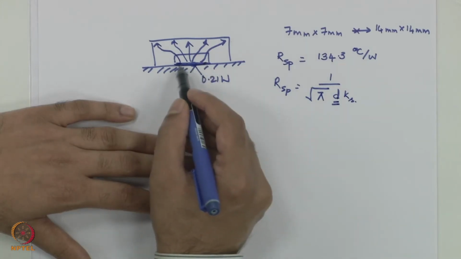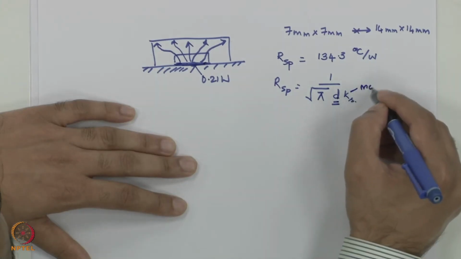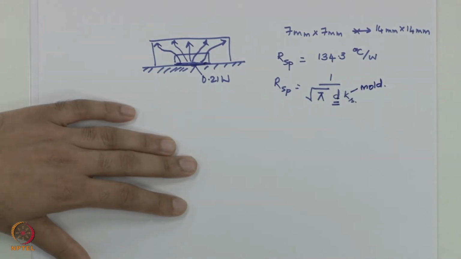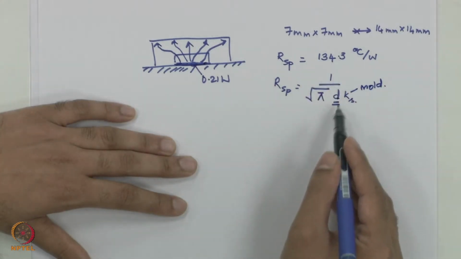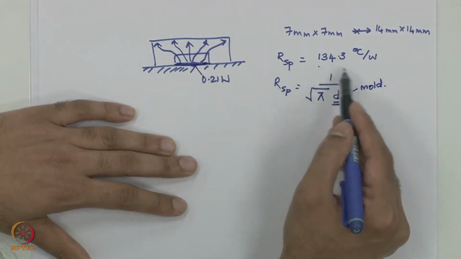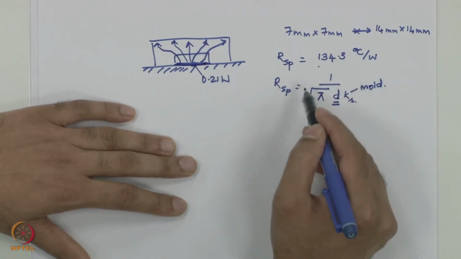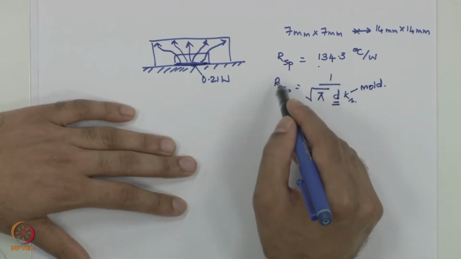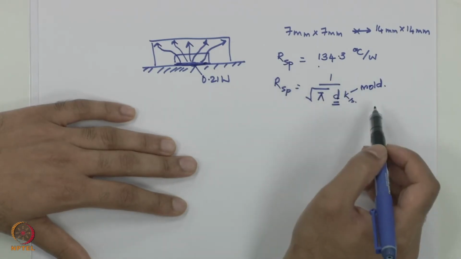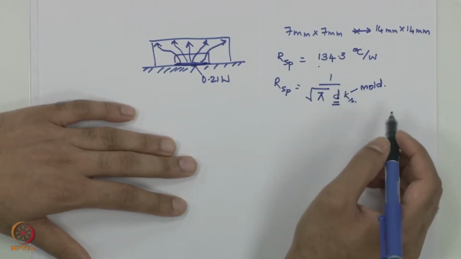In this case, it will be the 7 mm, and Ks is the thermal conductivity of the mold. So, using that, and if you calculate the spreading resistance, it is 134.3 degrees C per watt. This is only an approximate relationship. This holds only for spreading resistance in an infinite medium, but we use this as a simple approximation for spreading